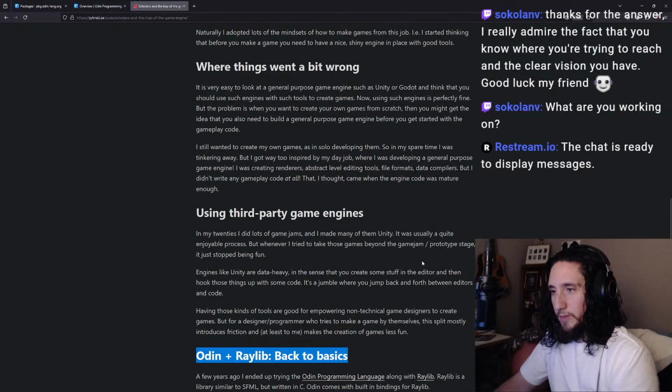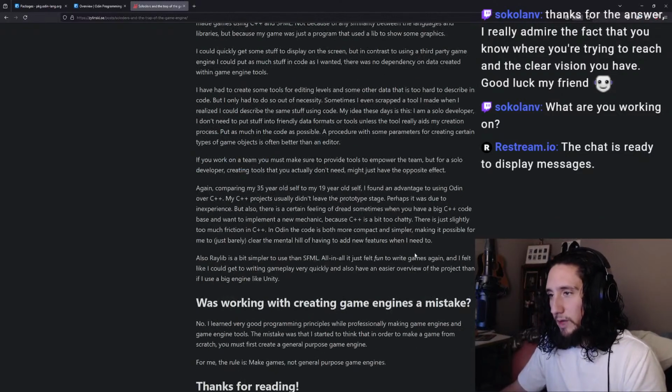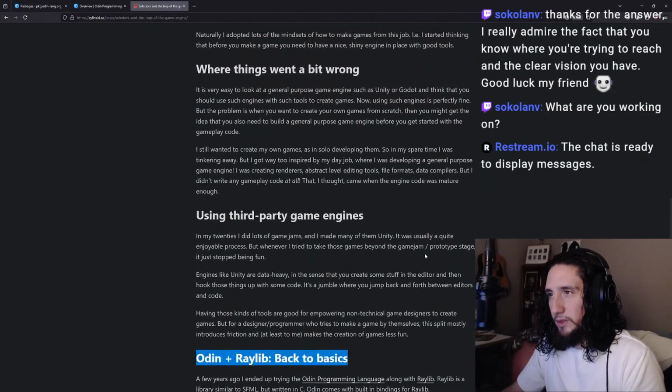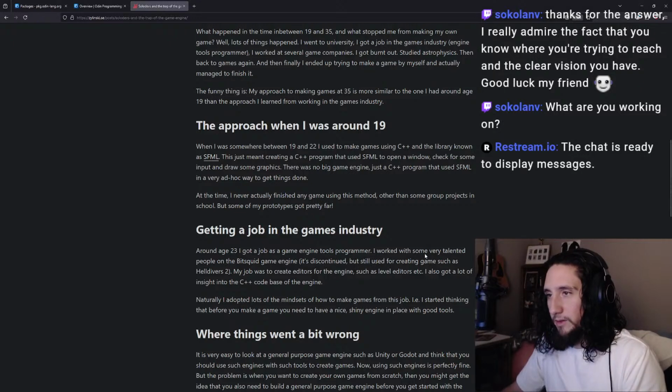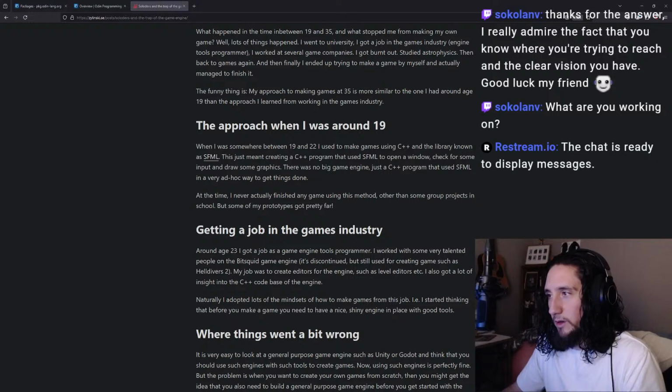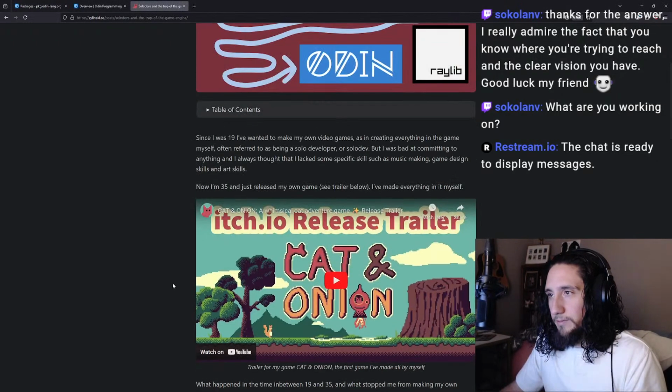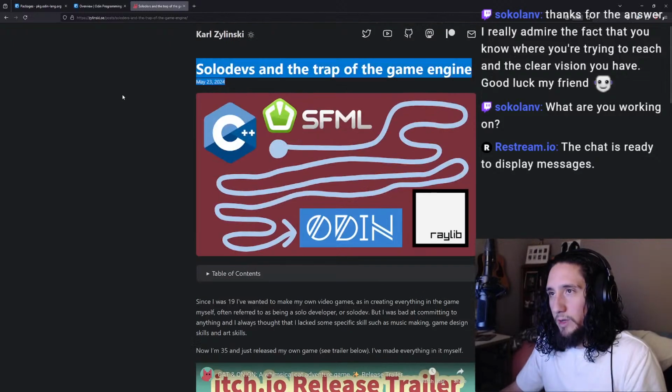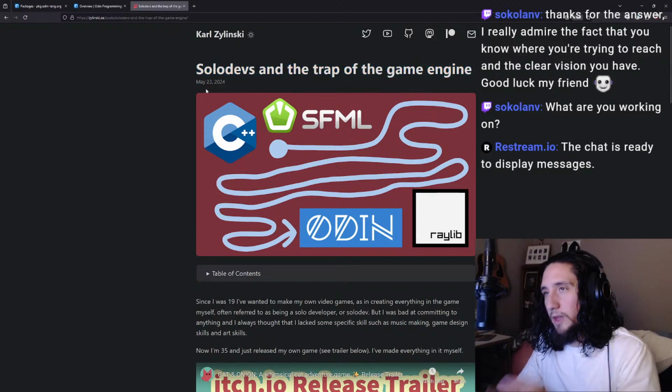But eventually he comes across Odin and Raylib, and Odin at this point is a mostly finished language, which is kind of awesome. I'm kind of spoiled by the fact that I get to come into this ecosystem with Odin and all of a sudden have this awesome set of features that the language gives you out of the box, and it's probably going to hit 1.0 inside of the next year or so, is my understanding. So yeah, I was kind of inspired reading this, and you can see he just posted this earlier this year. I was already trying to go in that direction, right?